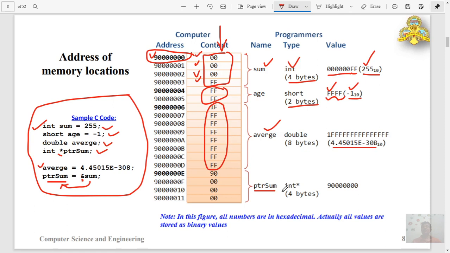I can use the value stored in sum in any way that I wish, but the content of ptr sum is an address of a memory location, so I can't use it in all types of expressions. There are specific restrictions, which are collectively called pointer expressions or pointer arithmetic. We'll study about this later in the next coming slides.